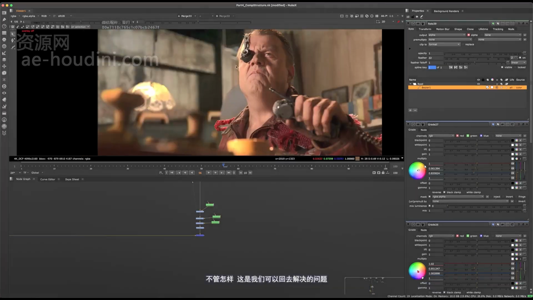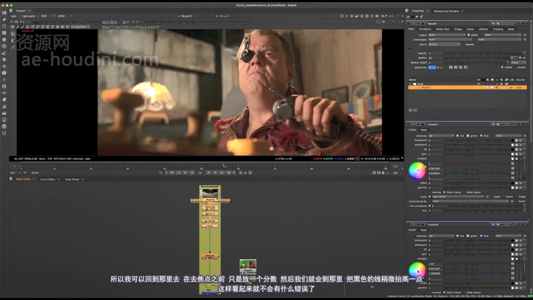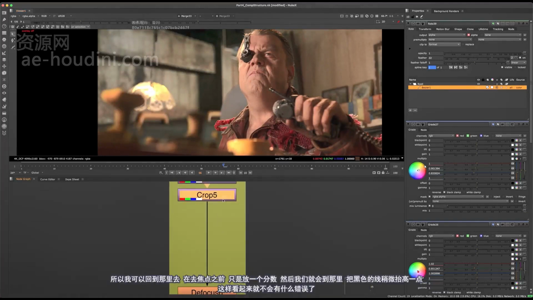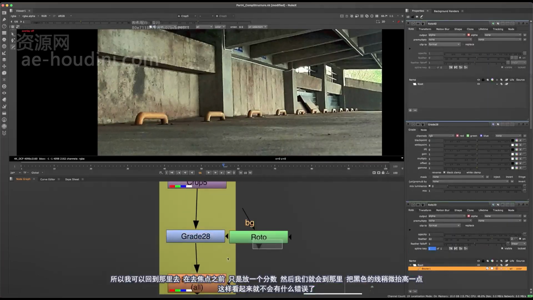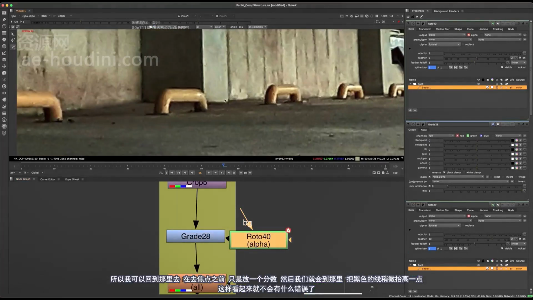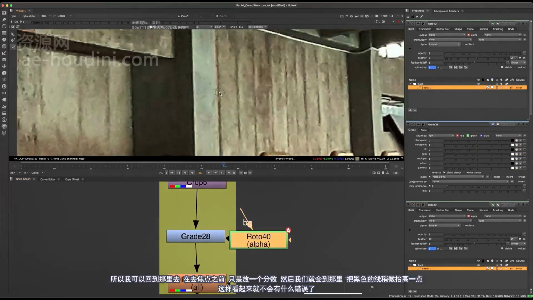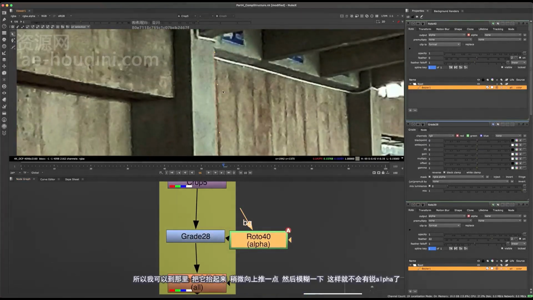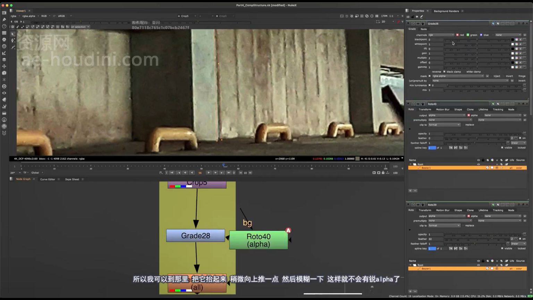So that's something we could definitely go back and fix. So I could go back there and go before the defocus and just put a grade, and then we'll go in there and lift that black line a little bit so it doesn't look like there's some kind of mistake. So I can take the lift and just push it up a little bit